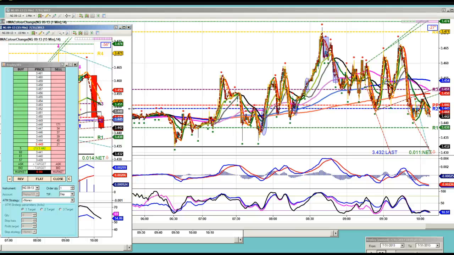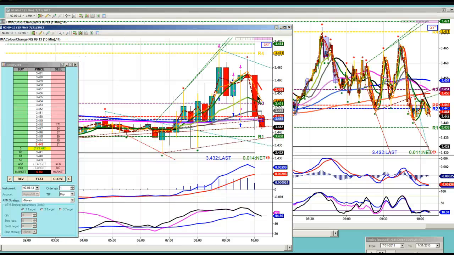Okay? The 50-minute is telling you it's time for a counter trend. We've done enough trending. Look how many candles we trended. 1, 2, 3, 4, 5, 6. Time for a counter trend. It can't just go one direction. It has to do both. What goes up must come down. What comes down must go up. Okay? It's the laws of the algorithm. So you can't just say, okay, I've got some green stuff, we're at the R3, we're going to run. Remember what I said earlier in the class,